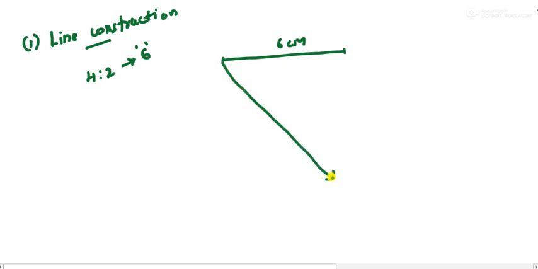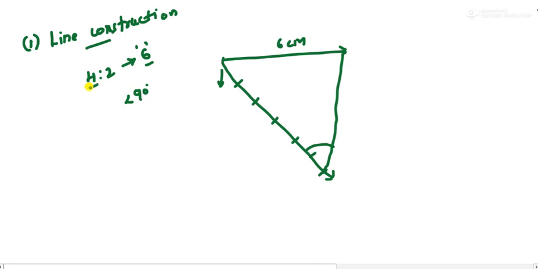like this. The angle between this line and this should be an acute angle. It should be less than 90 always. And now we cut this into how many parts? 6 equal parts. 1 2 3 4 5 6. Now from the sixth part we always join to the last point of this line, like this, and this angle is measured.